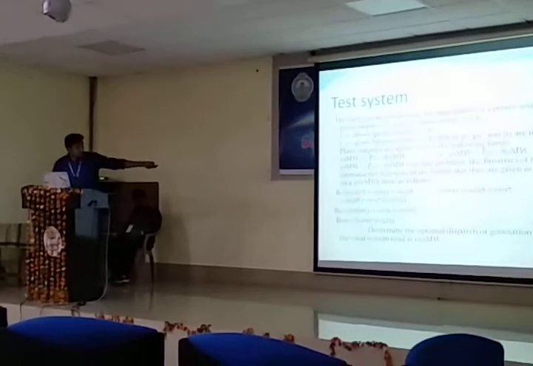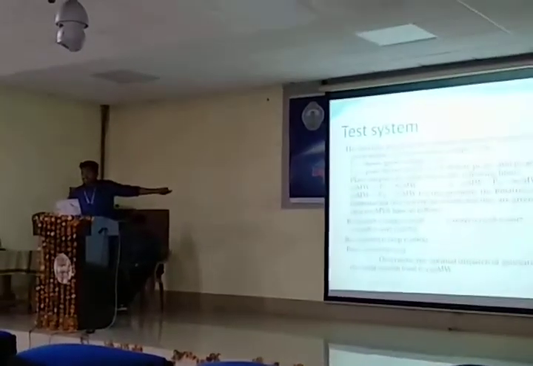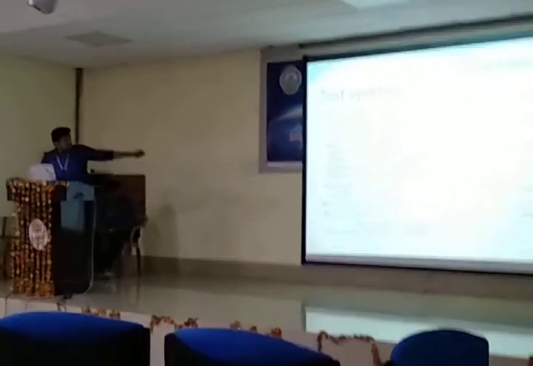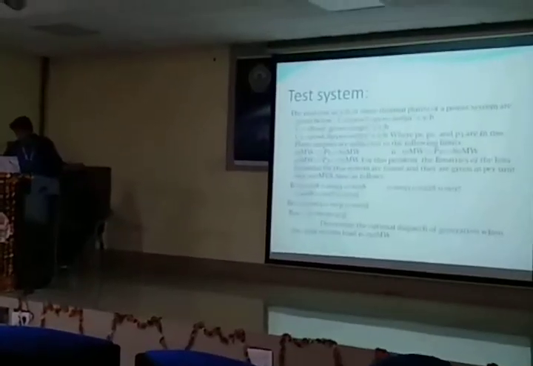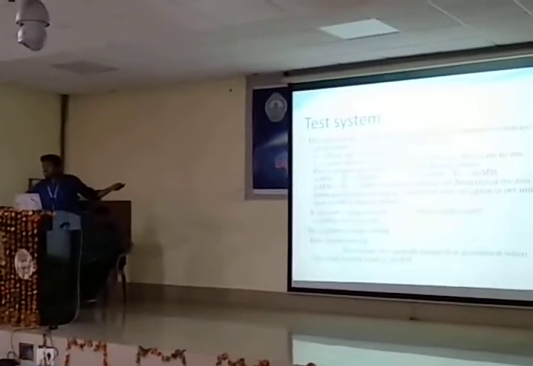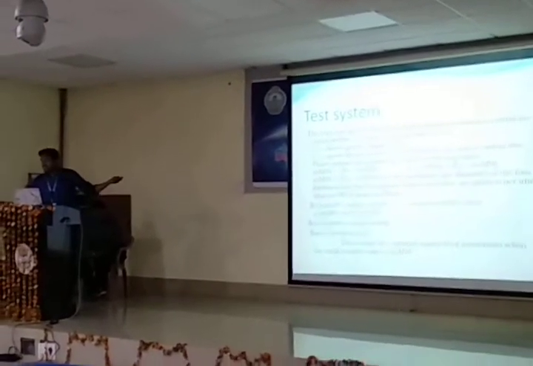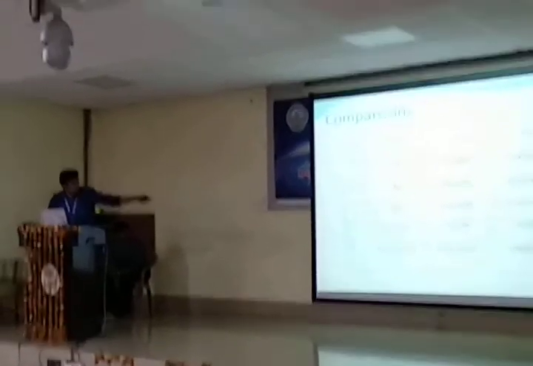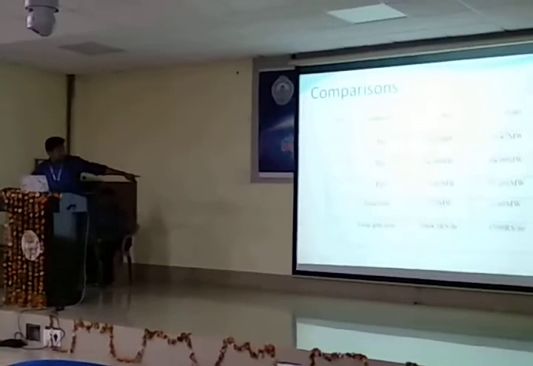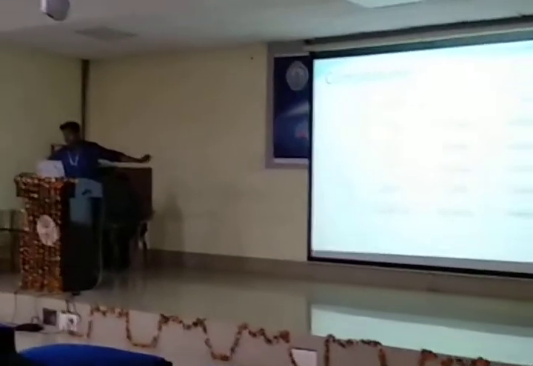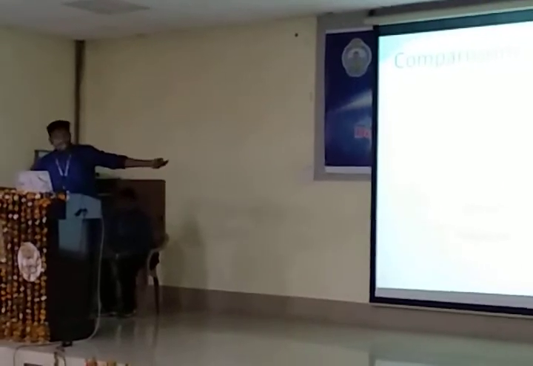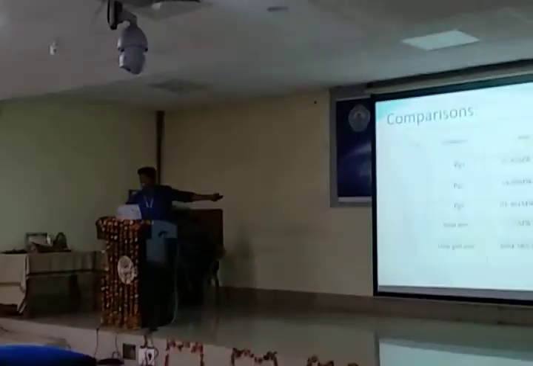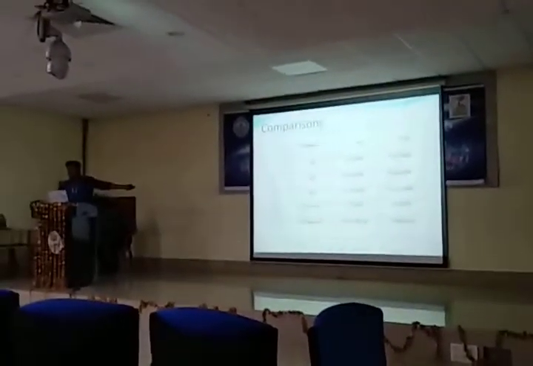This is the test system I considered, and for this test system I have applied both techniques, the PSO technique and the TLBO technique. This is the comparison. My load demand here is 150 megawatts, so I have to share the 150 megawatts load among the 3 generators. When we calculate the cost, it must be the lower cost. In the PSO technique, considering losses, the total generation cost is 16.04 rupees per hour. I applied the same problem to the TLBO technique. It is given as 1599 rupees per hour. We are saving cost while supplying the same load demand.